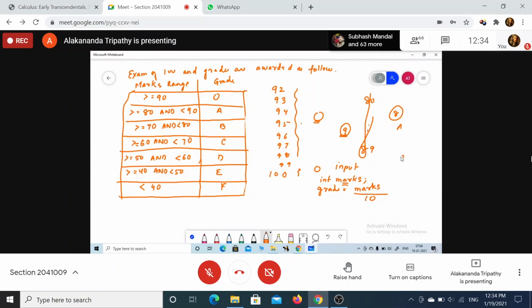So if I write here 96, 96 divided by 10 will be what? 9. So in grade, which value will get stored? 9. Now if my marks is 76, 76 divided by 10 will be 7. So the value is 7. So 7 means which grade? B grade.